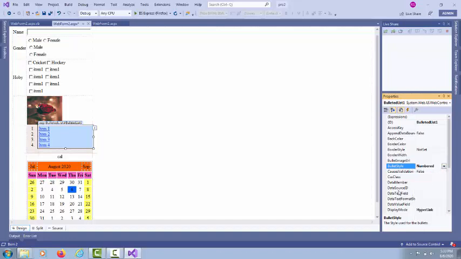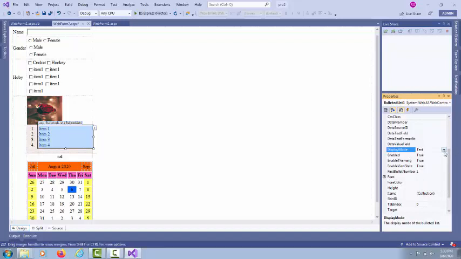If you want to set some kind of icons, like icon bullets, then you can set this particular property. Next one is a very important property, that is display mode. It can be text, so it will display only simple text. Hyperlink, so it will display hyperlinks, and link button, so it will display as a link button.